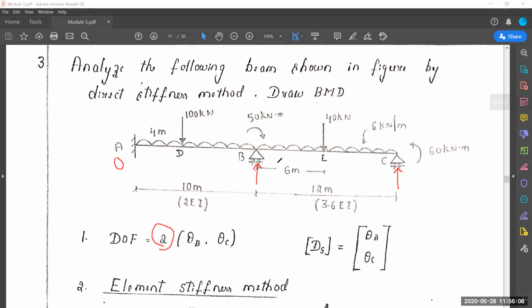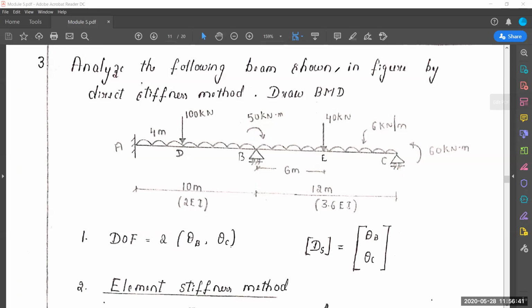We are not going to take horizontal force. Leave that. Vertically it is stiff. So what is left? The left thing is rotation, right? Since it is joint B, I have given theta B, and for this one, theta C. Based on the degree of freedom, the number of unknowns will be fixed. We write the unknowns in terms of the displacement matrix: theta B and theta C. How many unknowns now? There are two unknowns in this problem.